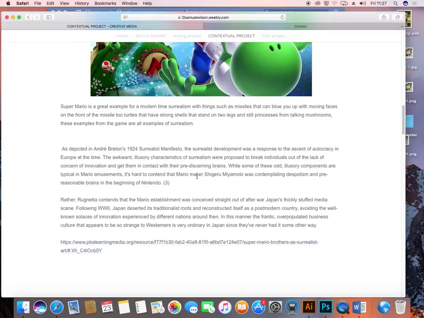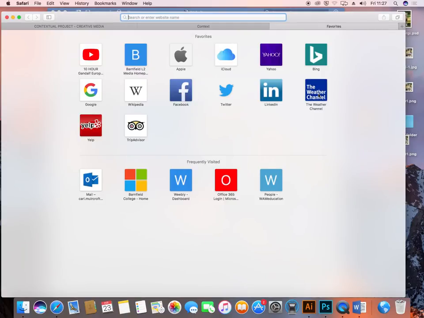Generally, if this was about Andre Breton and his Surrealist Manifesto, that in-text citation would be Andre Breton, in brackets, comma, 1924. Then at the end of the page, you would have these lists, and even these lists should be in a proper format.